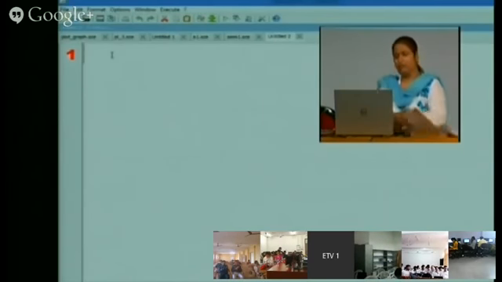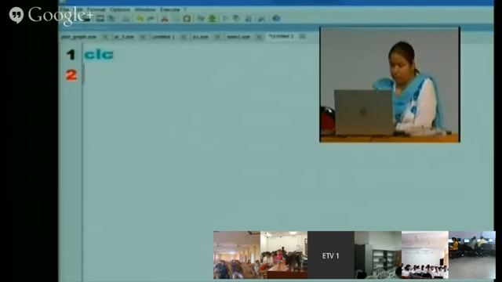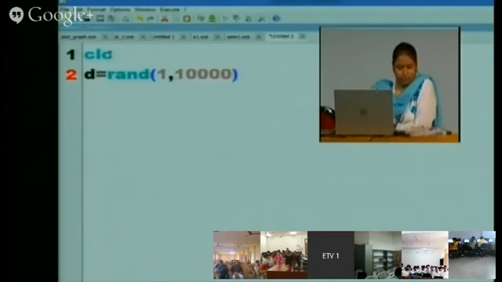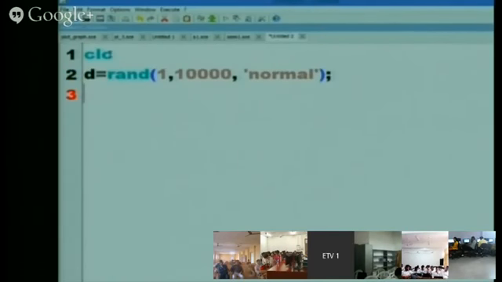So for the histogram, D is equal to, so this is the declaration of the variable D, which is containing the random numbers being created, first row and 10,000 columns.